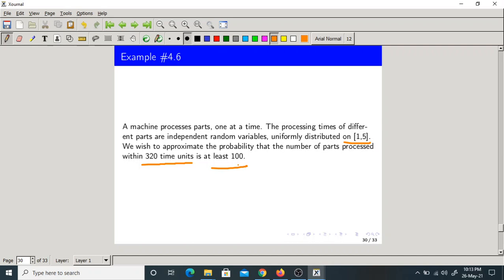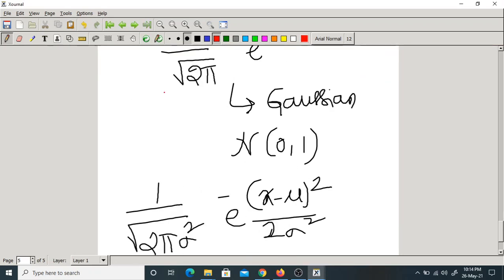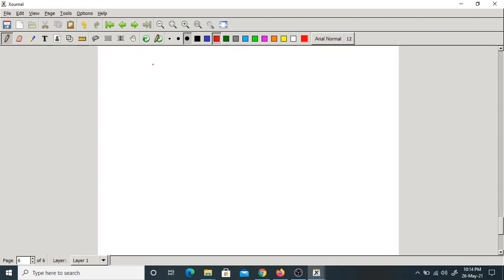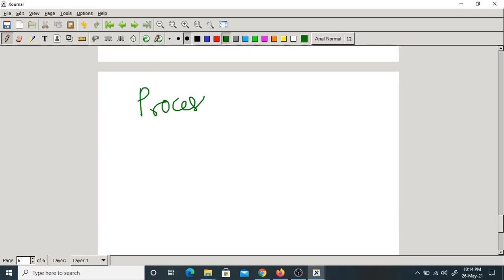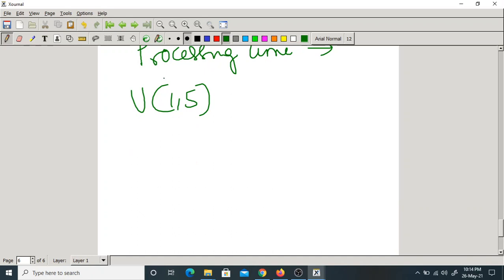So here what is the random variable? The processing time is a random variable. How is it defined? Uniformly from 1 to 5. Okay, so here itself let us find out